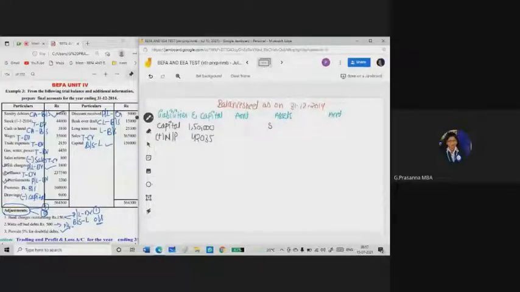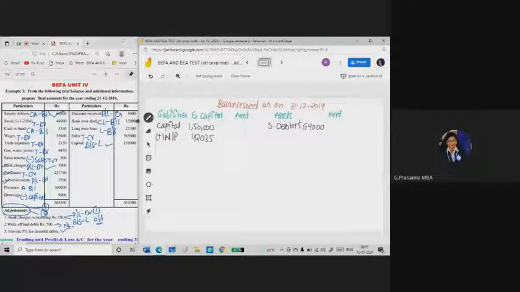So here I will be writing sundry debtors. Okay, what is the amount of sundry debtors? 64,000. Why am I writing the sundry debtors amount in the inner column here? Because we made certain adjustments: we calculated bad debts, and we have provided 5% for the doubtful debts. You need to show this in the balance sheet now, because all adjustments have to be repeated 2 times. One time we showed it in the profit and loss account, and the second time we show it in the balance sheet. Sundry debtors belongs to the asset side.